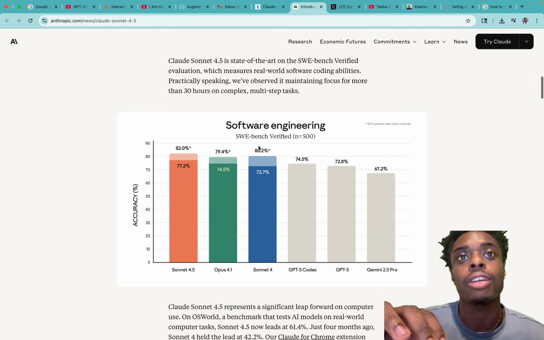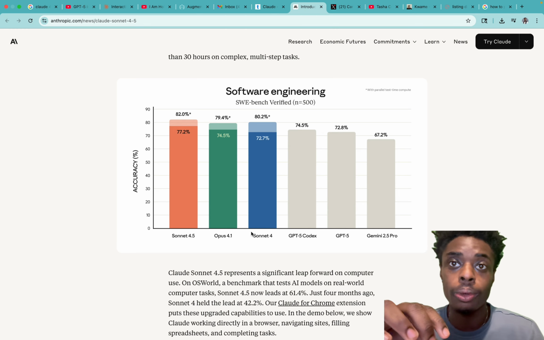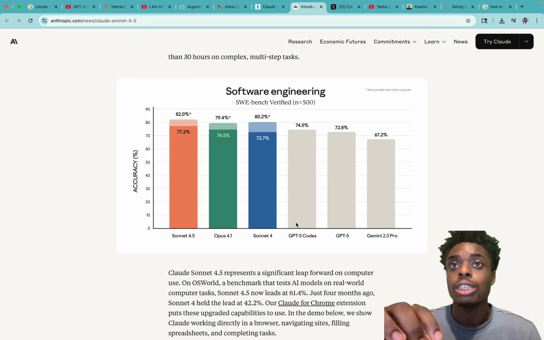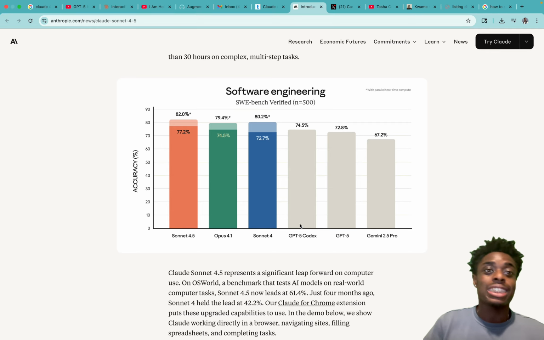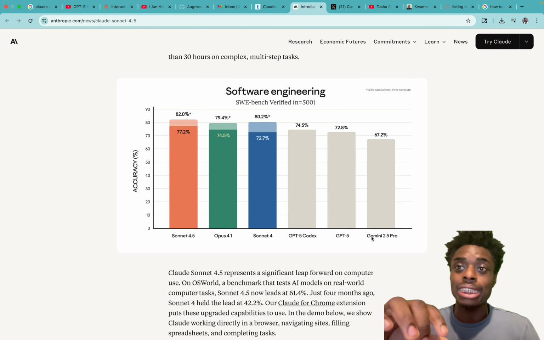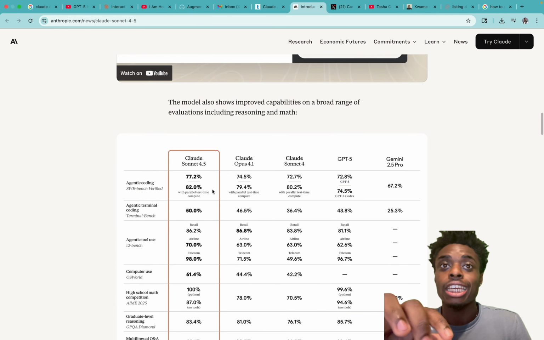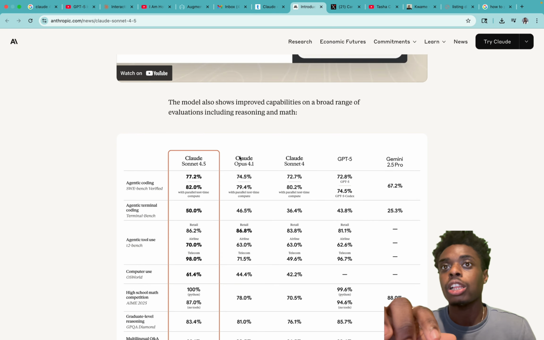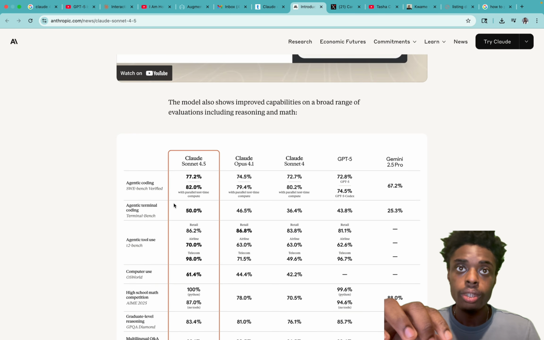Claude 4.5 claims to be the absolute best in software engineering, beating Opus 4.1 and Sonnet 4. So it's beating out its own large language models. Anthropic competes with itself, man, on another level from ChatGPT and Gemini, just on an absolute other level. And as you can see here, Claude 4.5 Sonnet beats Claude Opus and Claude Sonnet 4 in agentic coding,